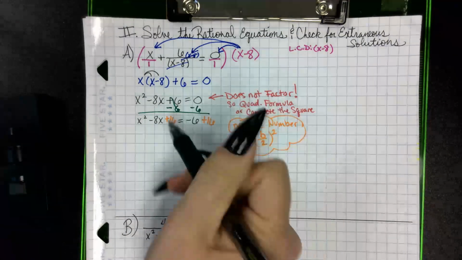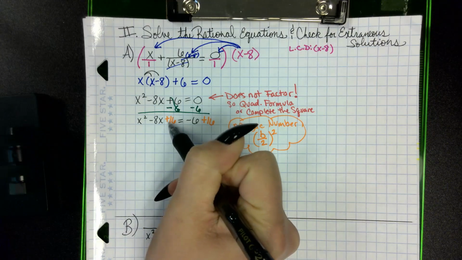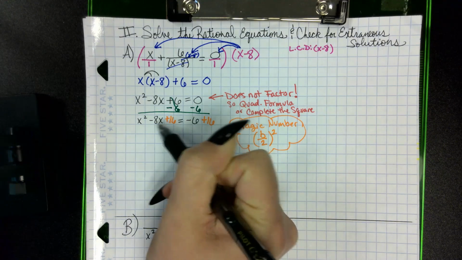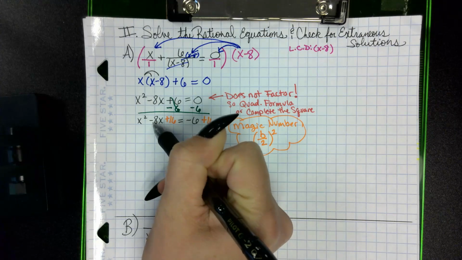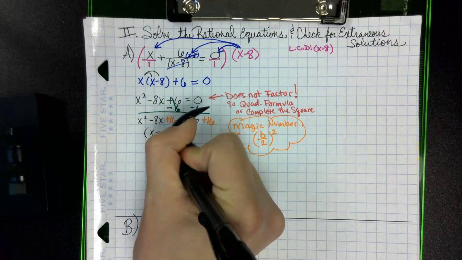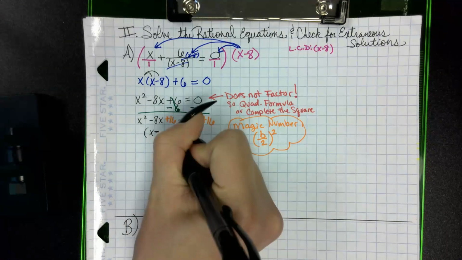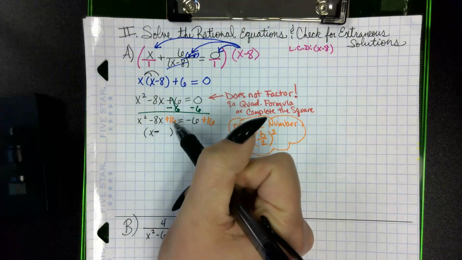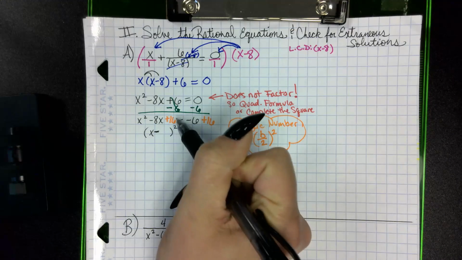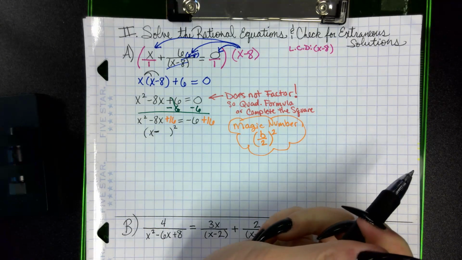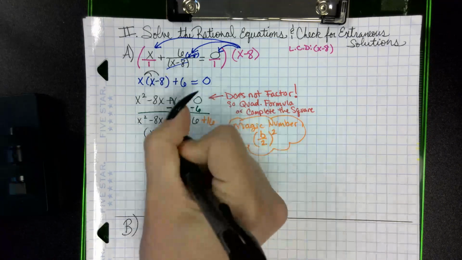When I factor it, my second sign is positive, so it tells me the two values are both going to be the same. And that one's negative, so they're both going to be negative. So I'm going to have x minus, and it's going to be squared. What will I multiply by itself to get 16 and add to get negative 8? It would be negative 4. So x minus 4,